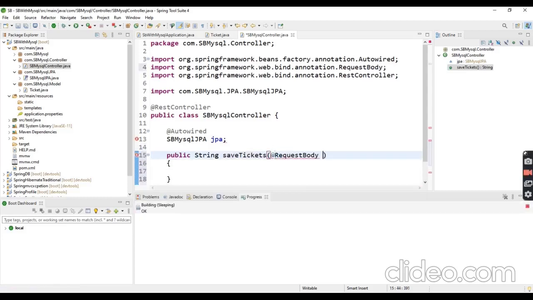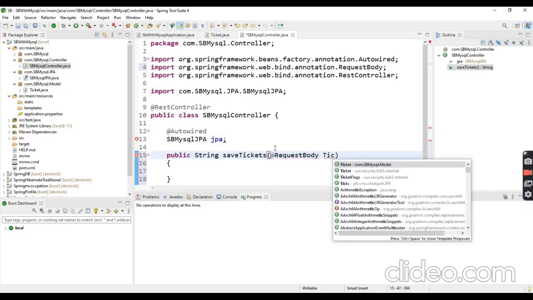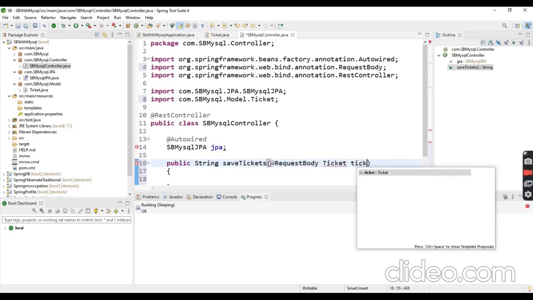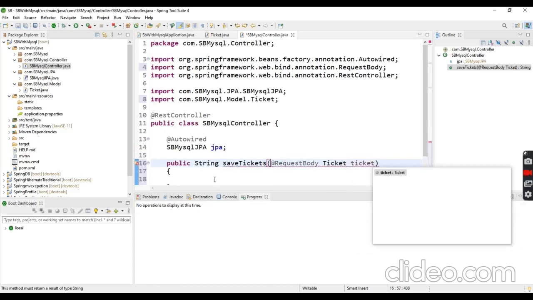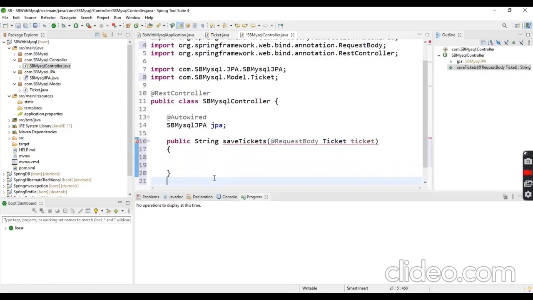Whenever you are using a POST mapping, you need to have a request body. The request body is actually the HTTP body. In this HTTP body, we are going to give our Ticket object. So we are passing our Ticket object in the HTTP body.